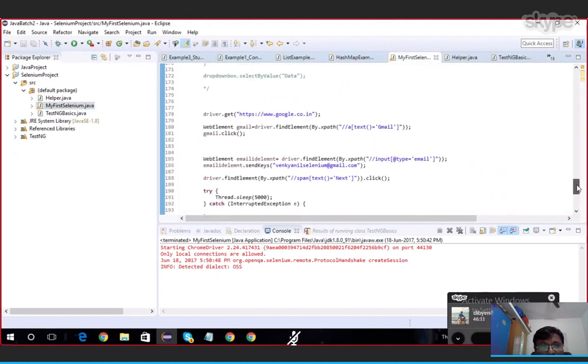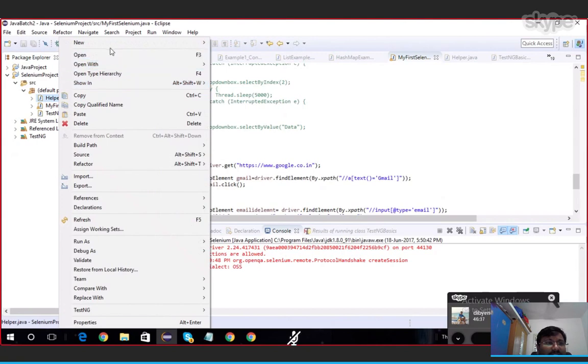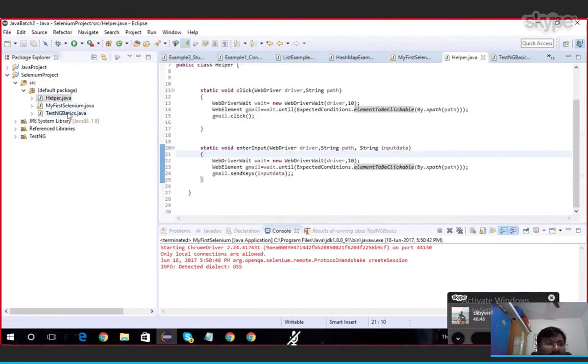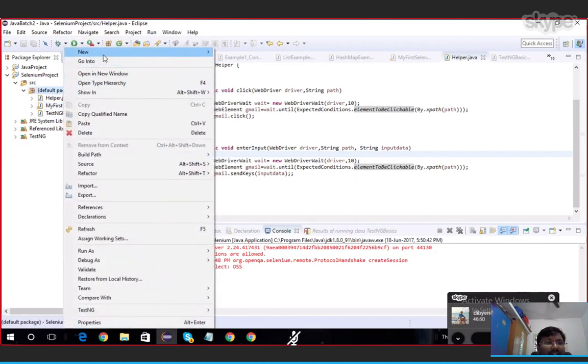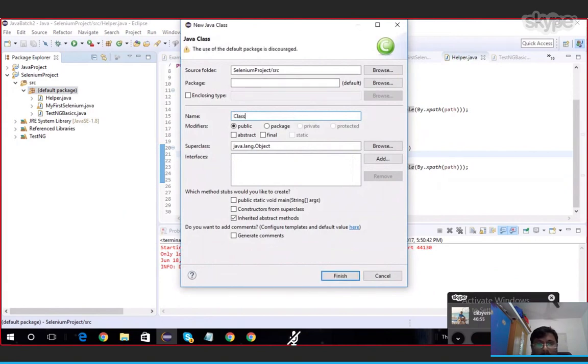Okay, now let me write a helper class. Let me write a new class. Okay, already I have one class, so I'm going to write a new class called helper methods. Okay, class helper methods.